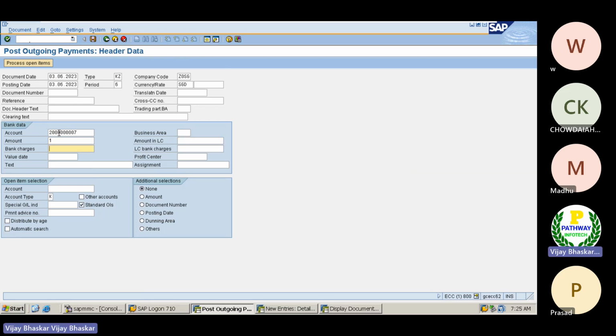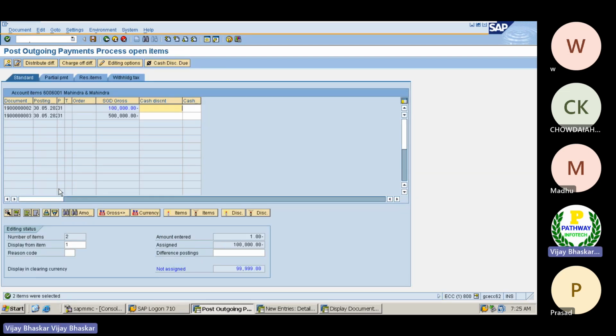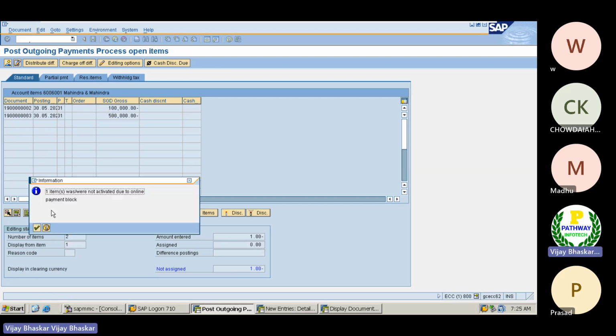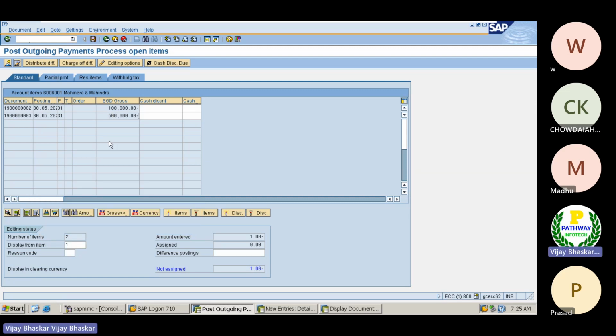Then later on we can adjust. Then let's see. I do not want to go with this one. Then this is the line item I want.